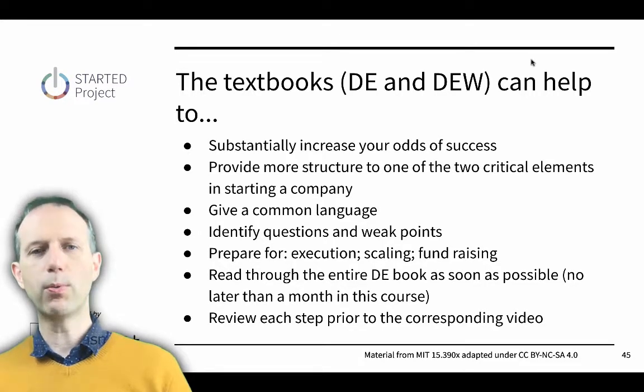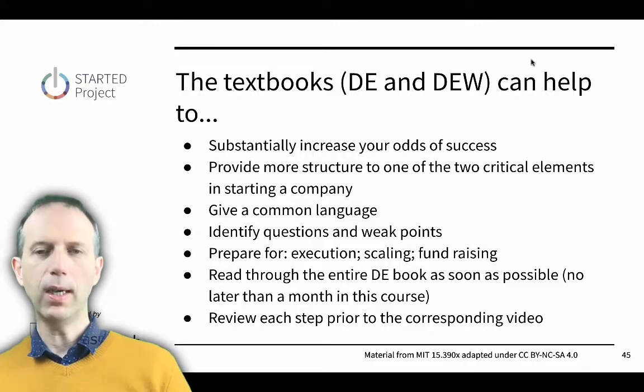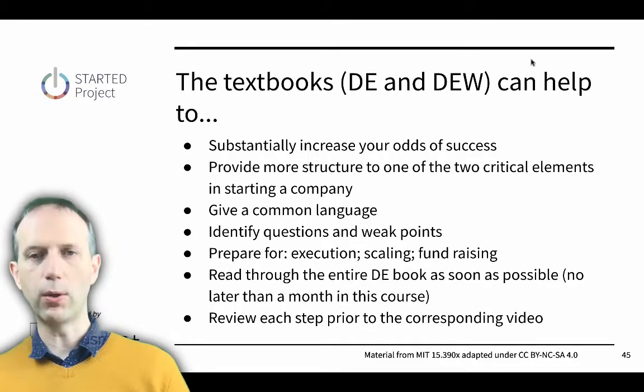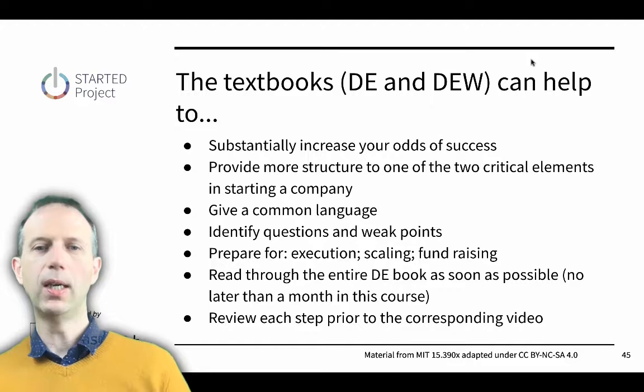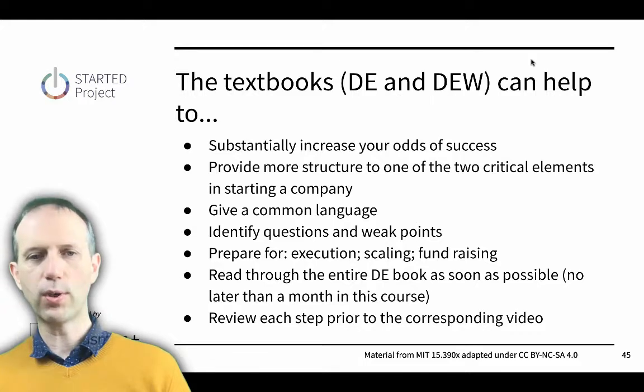So the textbooks which we have for this program are called Disciplined Entrepreneurship and the Disciplined Entrepreneurship Workbook. These are the core books that give you information on the whole disciplined entrepreneurship process. These can help you to substantially increase your odds of success. They give you structure in terms of the various critical elements in starting a company. Importantly, they give you a common language that you can use to express your startup or your new service, new